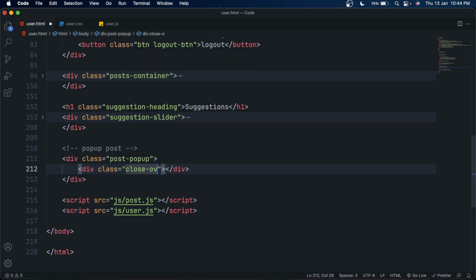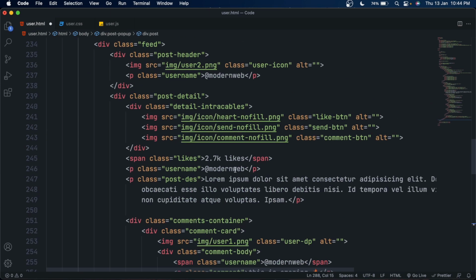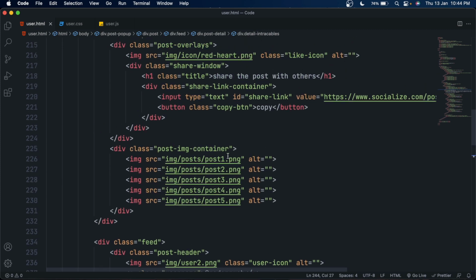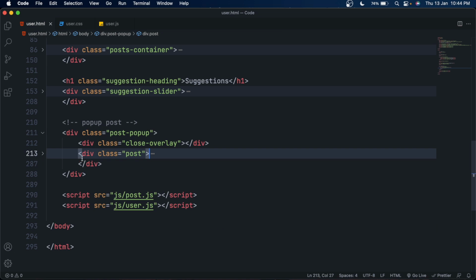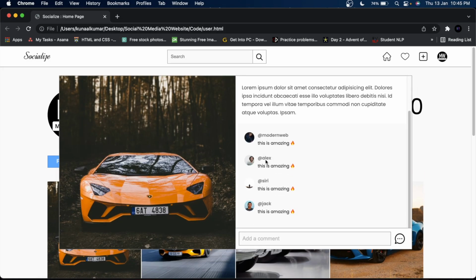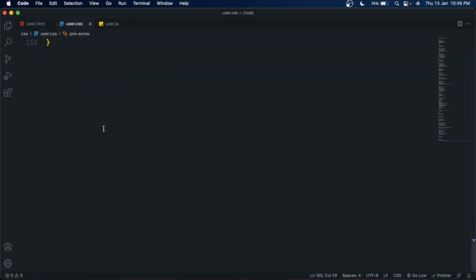This will be the dark black overlay which we will use to close the post pop-up. And after that, paste the post element that you copied from the post.html file. And let's see the output. So you can see the post here. Good. Now let's style it.